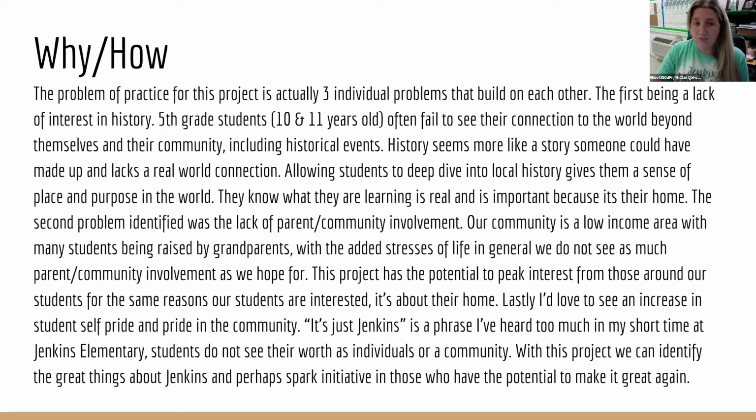The first being a lack of interest in history, sorry. 5th grade students, they're 10 and 11 years old. They have a hard time seeing a connection to themselves and the rest of the world. Beyond their community, historical events, the U.S. history, which is what 5th grade focuses on, it could just as well be a made-up story. They just want the answers. They want to know what they need to know for a test. They don't have a real-world connection. A place-based learning project allows them to have a connection to the history of what they're learning, to their own